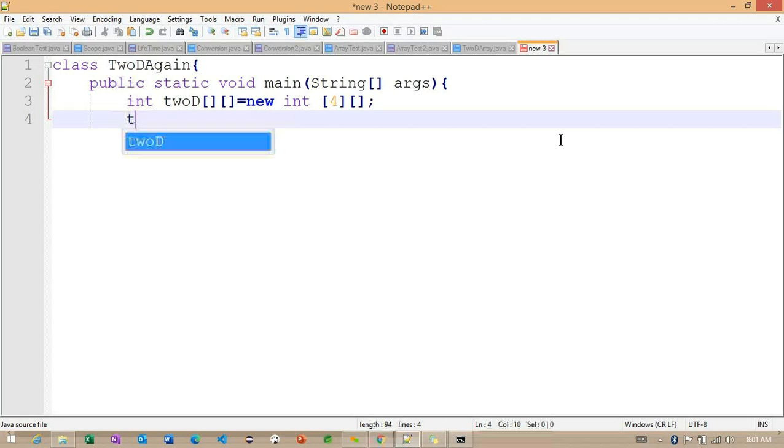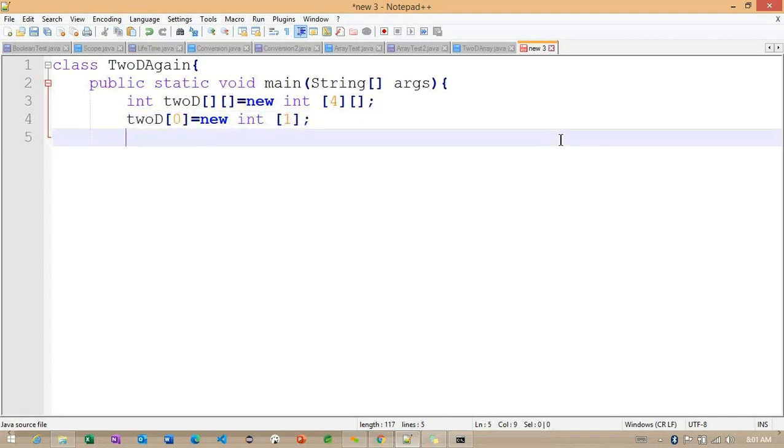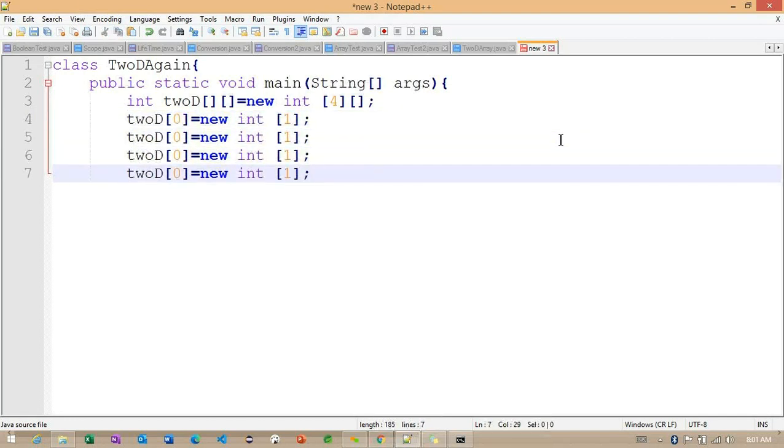Internally, with the help of this 2D array, I'm creating one more array. Carefully observe, this is very important. Instead of initializing the value, I'm going to create one more array and define the size. This int array will have only one value, and the same way 4.